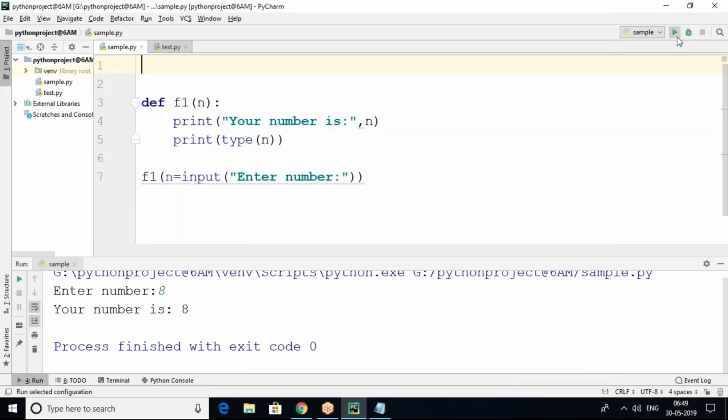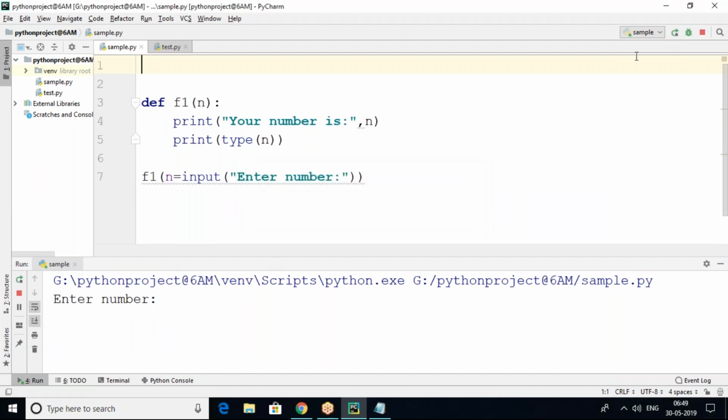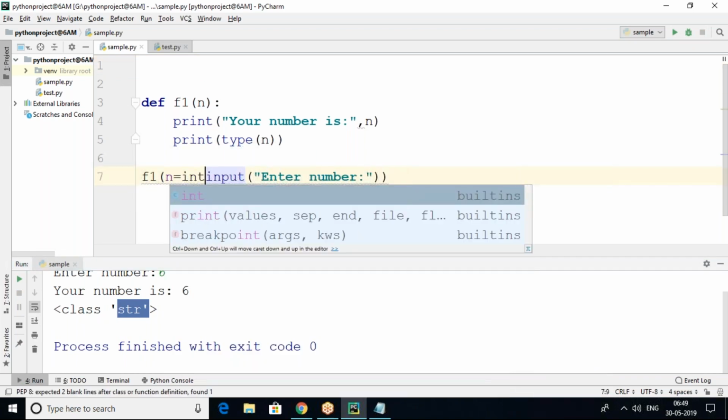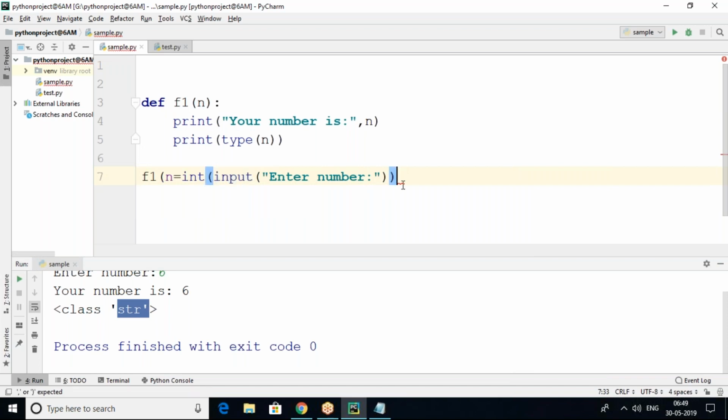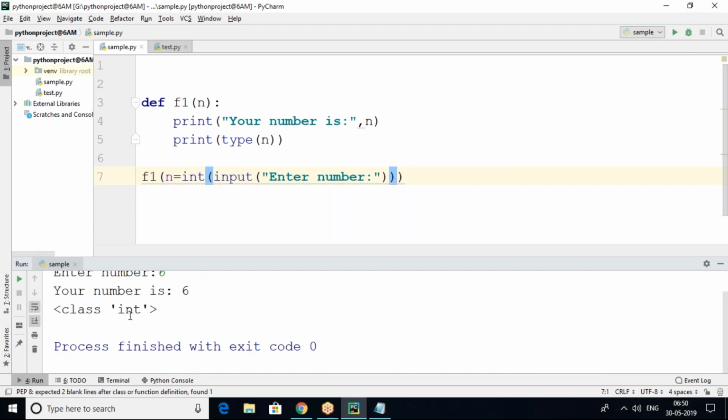So I'm trying to do that through a function. Now you can see I'm entering the number. Just wait. 6 is my number. What is this number type? String only. But you have to convert it into int format. So I'm using it now. This time whenever you enter the number, it is integer type only.